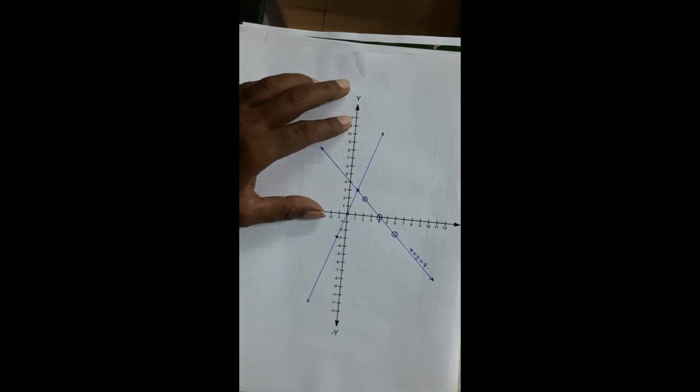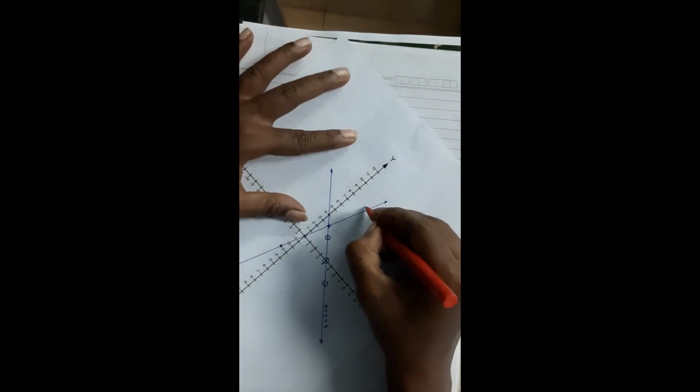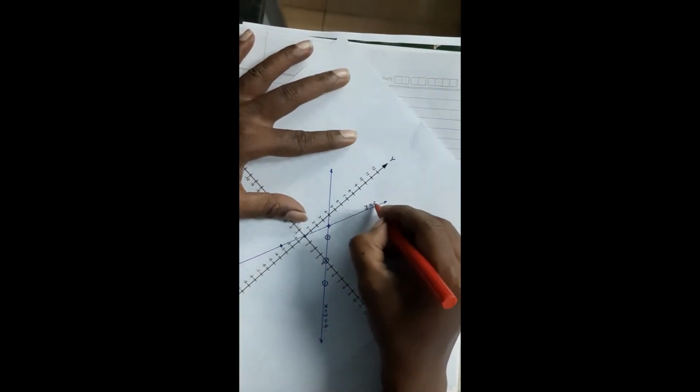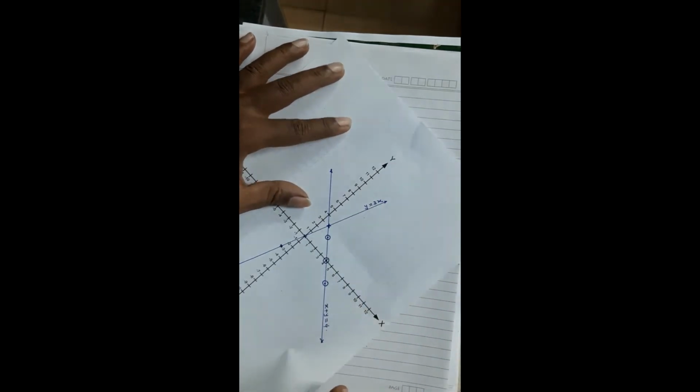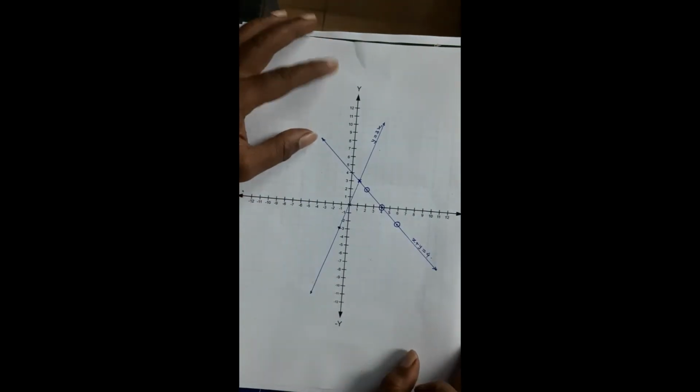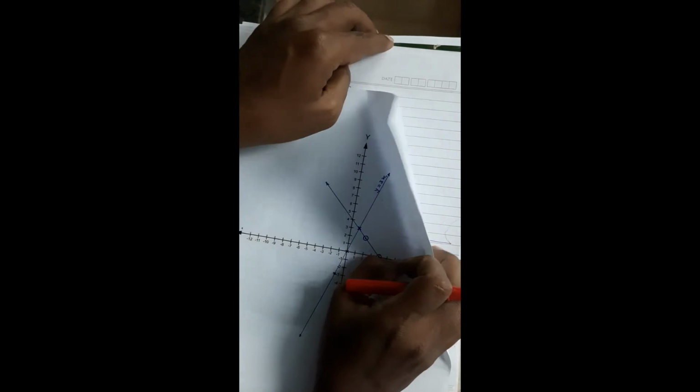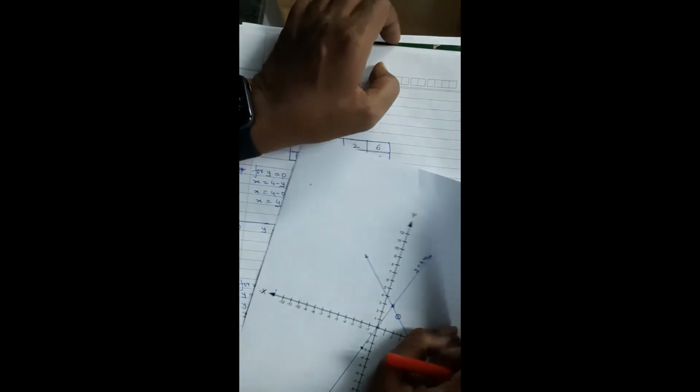So you will get what? y is equal to 3x. This is how you are supposed to draw the graph. So simple. With this, your topic is over, my dear students. If you have understood this, that means this topic is over. Everything else is going to be revolving around this only.